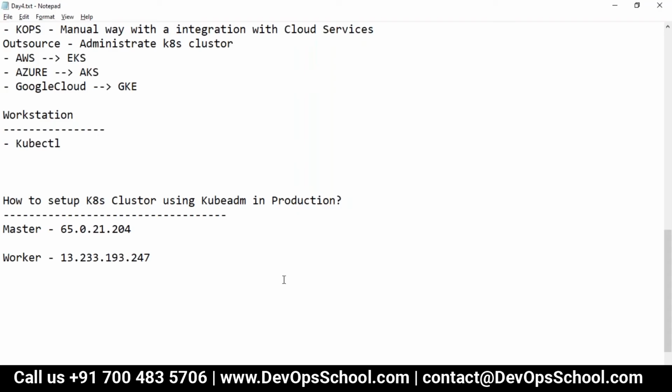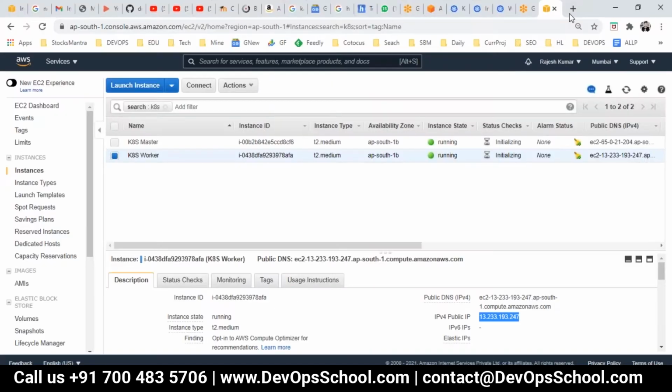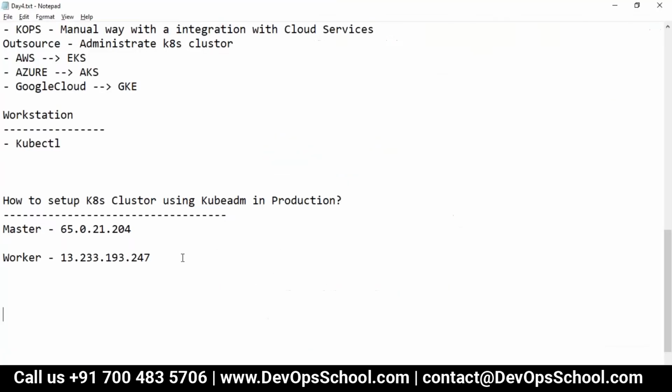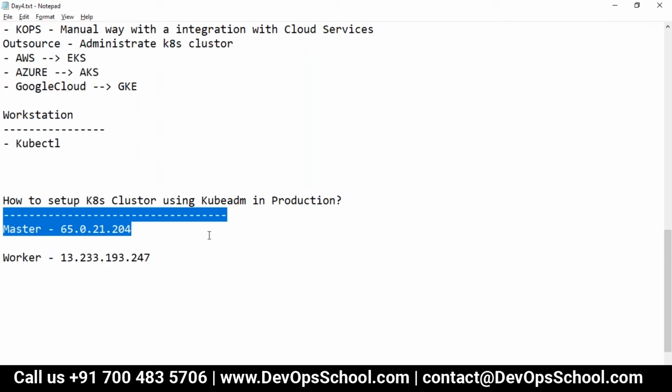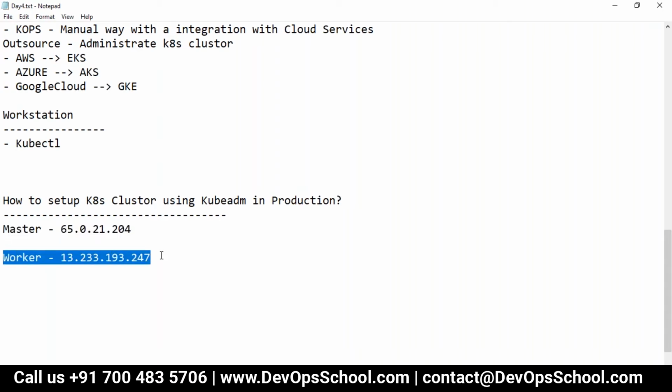So guys, I request you all to look at my screen very carefully for the next 15 minutes. What I have got for you is one IP address, one virtual machine on AWS for the master, and one worker. We will add more workers as the need arises. It takes just 2 minutes to add a worker the manual way; if you automate this process, it will take 30 seconds. So first I am going to set up a master, then I will set up a worker, and then I will set up a workstation.